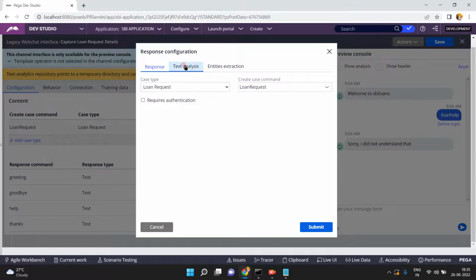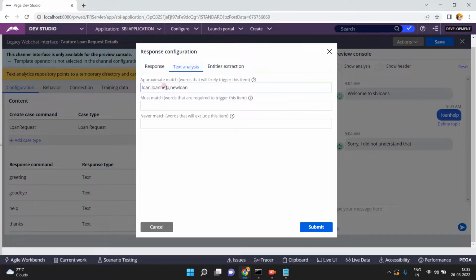Text analysis. Okay, loan or loan help or new loan. Let's see: approximate match words that will likely trigger this item, see this one, and must match words that are required to trigger this item. Never match words that will exclude this item. So okay,